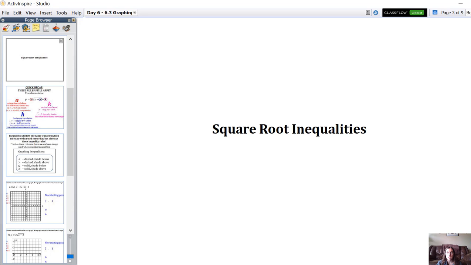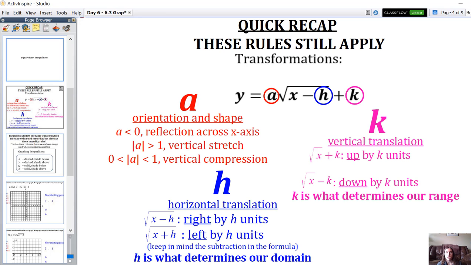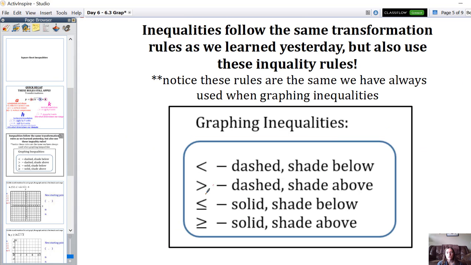Now let's talk square root inequalities. Just as a reminder, we have those transformations for the square root function. Those transformations still apply if it's an inequality versus if it's an equation. Another thing to remember is if you have strictly less than or strictly greater than in your inequality, you're going to use dashed lines. If you have less than or equal to or greater than or equal to, you're going